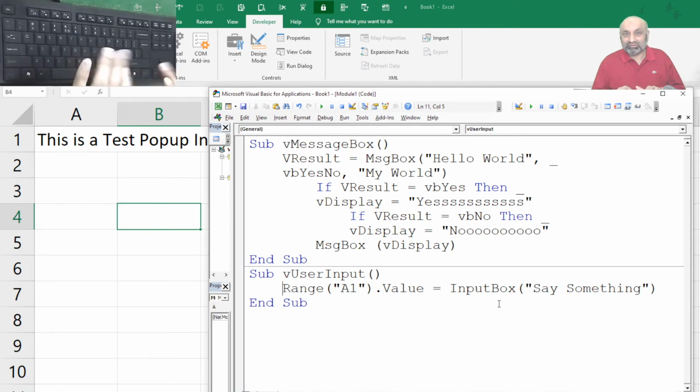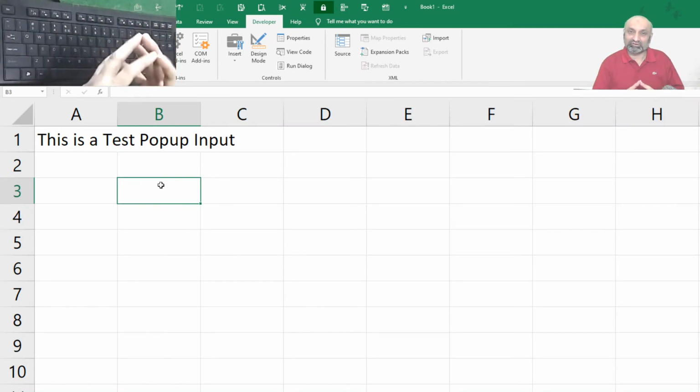The user doesn't know where the data is being saved. He only inputs in a certain popped up window. Once data is entered, he clicks on the post or the save button and data is saved somewhere in the backend tables. So our backend table is this Excel worksheet now.